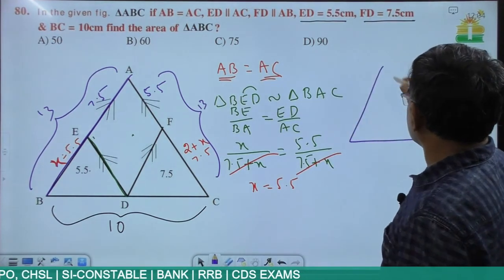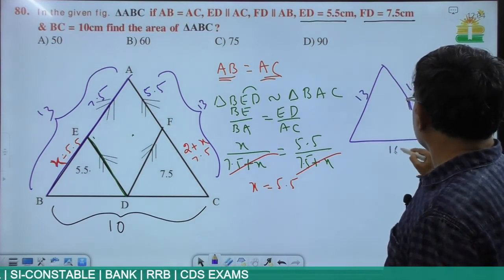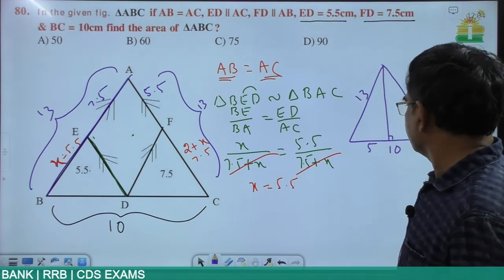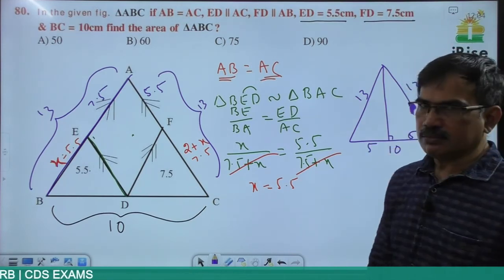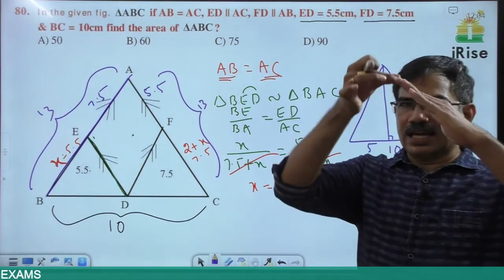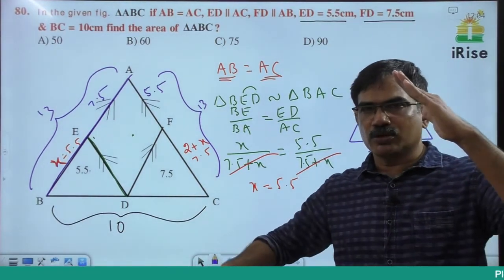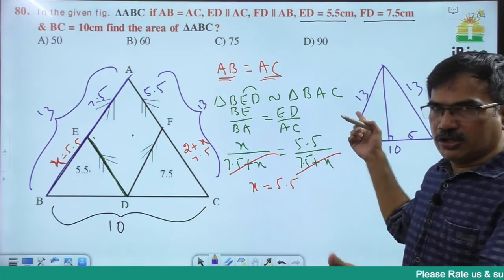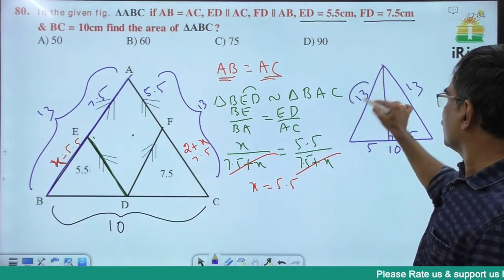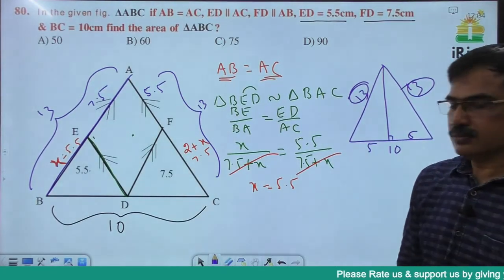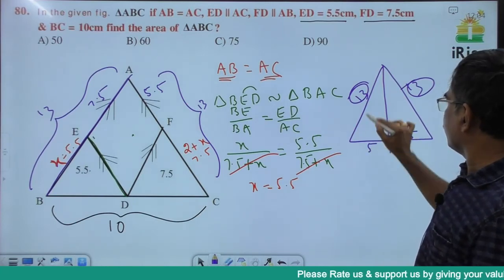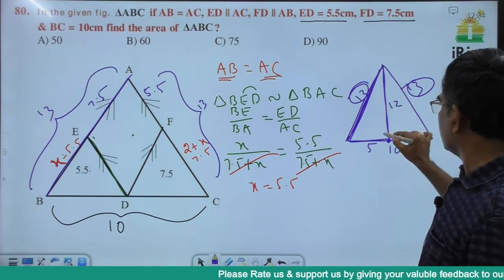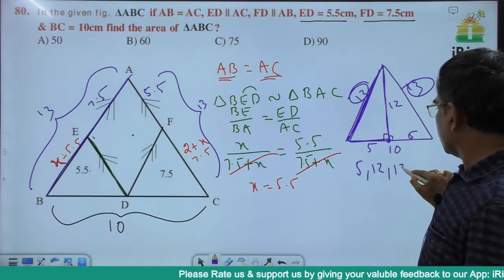And this is an isosceles triangle. This is 13 centimeters, this is 13, this is 10. If you draw a perpendicular, it passes through the midpoint of the opposite side. This is 5, 5. In an isosceles triangle, the angular bisector passes through the midpoint of the opposite side and is perpendicular to the base. So this acts as median, altitude, angular bisector and perpendicular bisector because these two sides are equal. With 5 and 13 hypotenuse, this is a right angle triangle, therefore automatically this is 12, the 5, 12, 13 right angle triad.